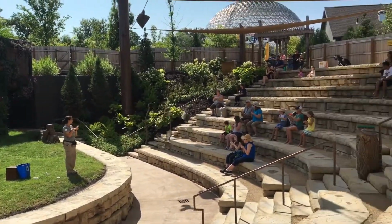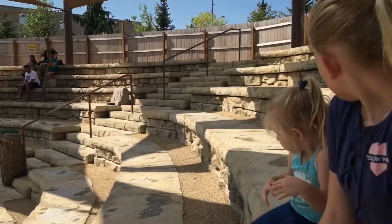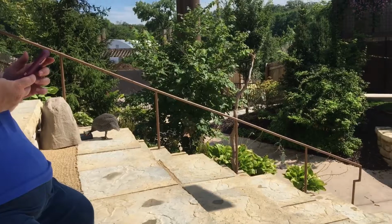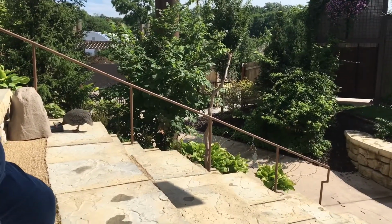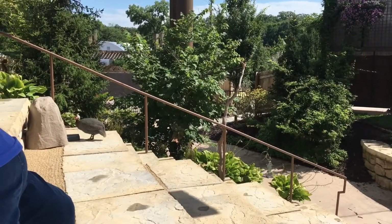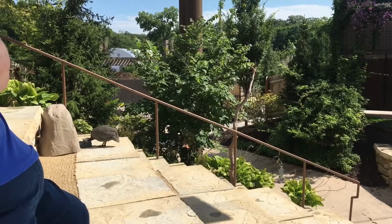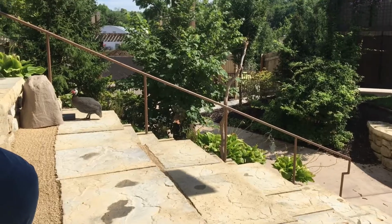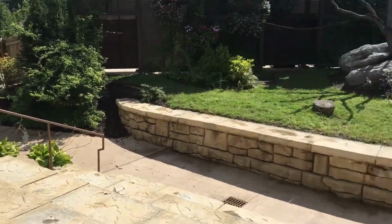Really good at this. Those were great cricket impersonations, and that brought out our helmeted guinea fowl. I might be thinking these look like chickens, and you would be right. This is a very old species in the chicken family, originally from Africa, but now people have actually domesticated them. So some people will have them as pets, or farmers and ranchers like to have them on their property, because